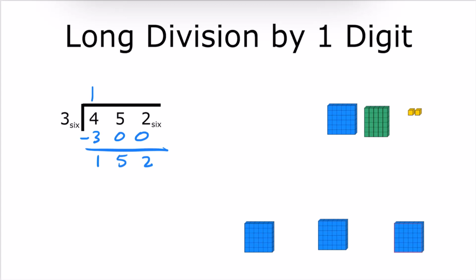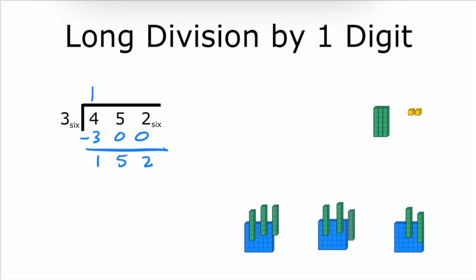Then I'm going to take that plate that wasn't able to be split up into the 3 groups, and I'm going to exchange it for rods. So now I have 5 number of rods, and I can split up those rods equally into my 3 groups. So when I do that, let's see how much ends up being in each group. Okay, awesome. So we end up with 3 rods in each group,